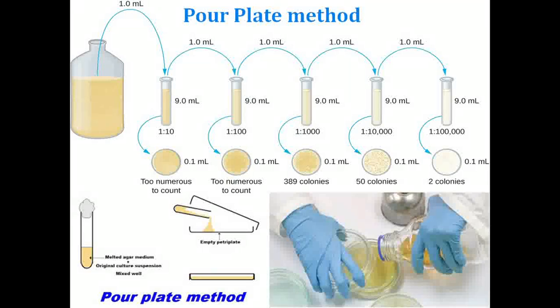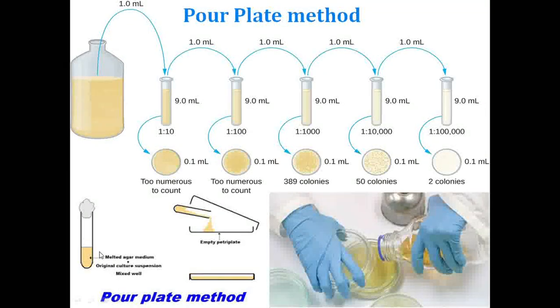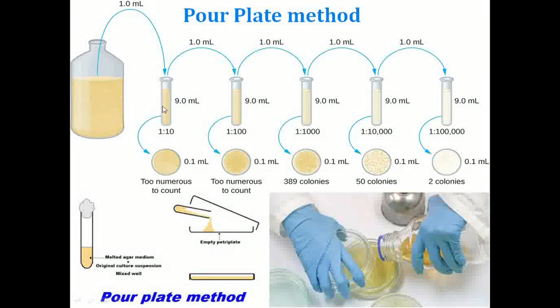We need to start with the preparation part for your mixed culture, right? So how can I perform that mixed culture or culture broth? I need to have a set of different test tubes, which will have around the same volume, right? Here in this pour plate method, I'll be using a broth culture, right? In that broth culture, I'll try to serially dilute the concentration of my microbial load, right?